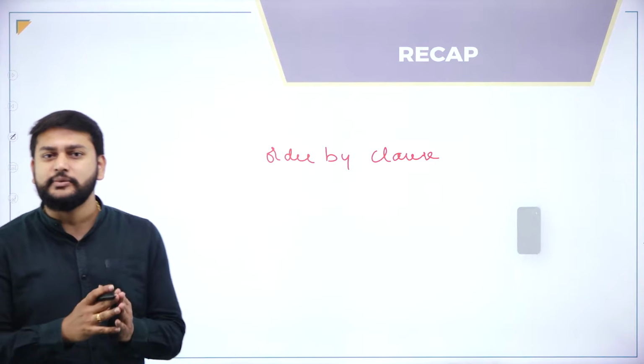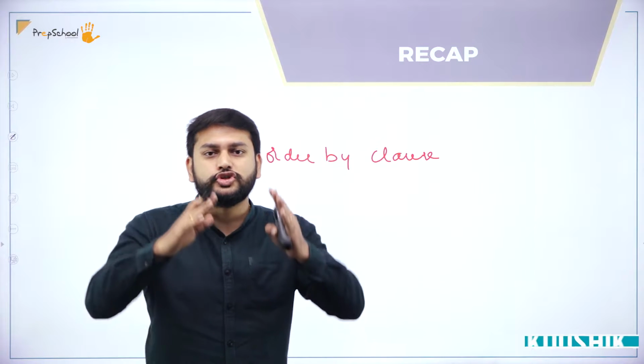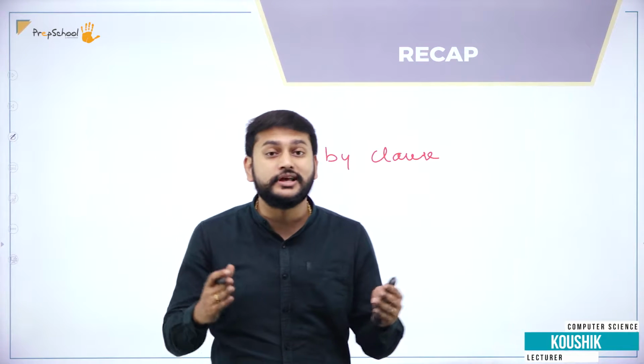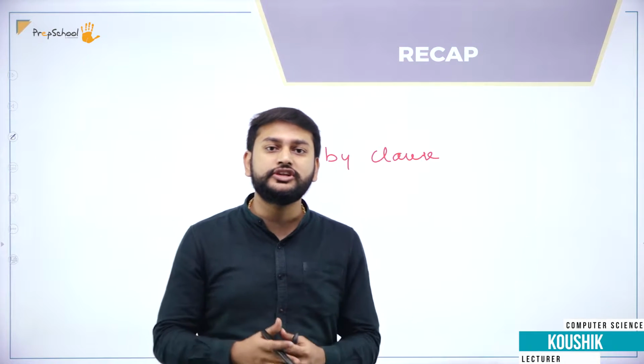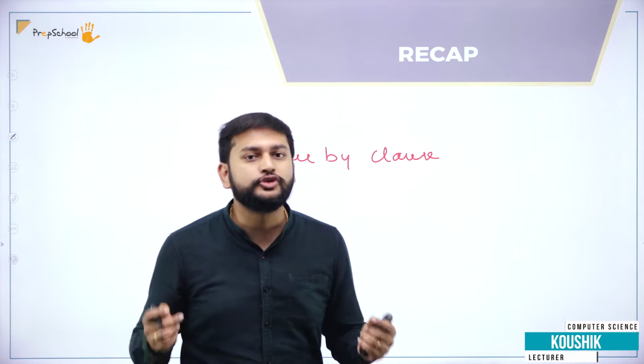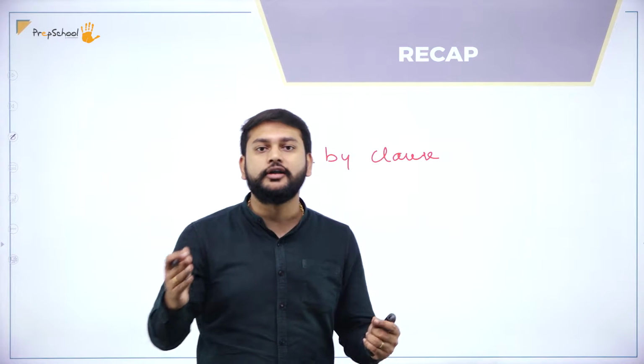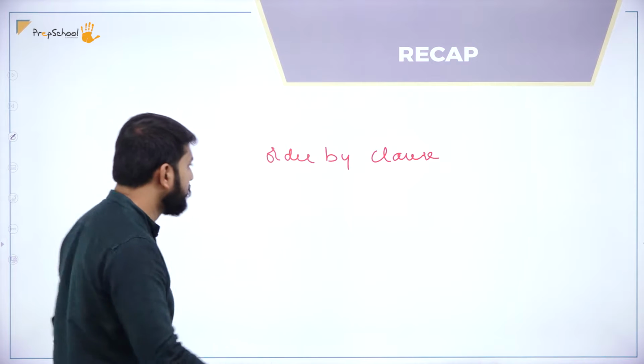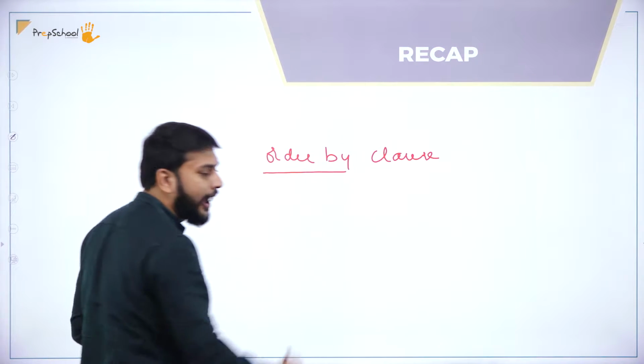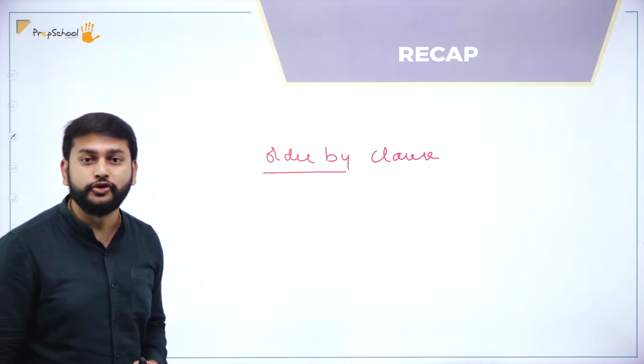So guys, I think we have discussed, it's all about the order by clause, right? We have discussed about the order by clause. So please remember order by clause. What exactly it means? We need to sort the data in ascending as well as descending. So how do we need to sort? If you want to sort the data either in ascending or in descending, you have to use the clause that is order by.